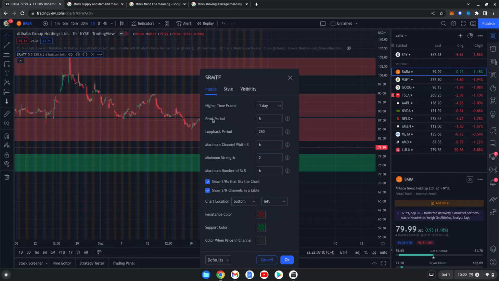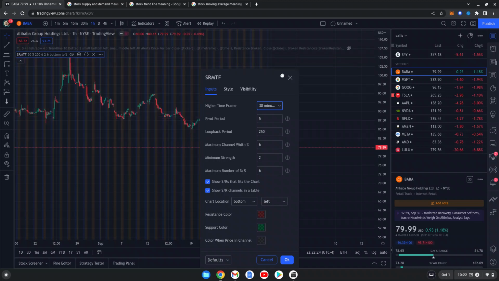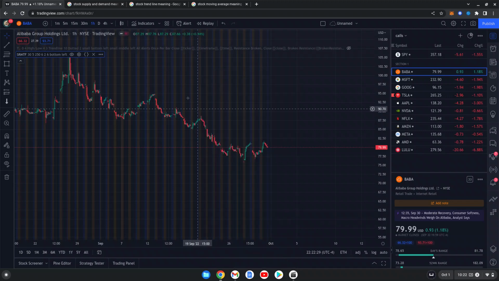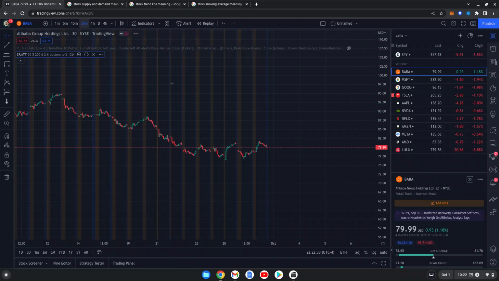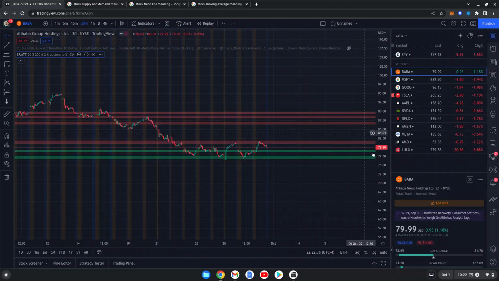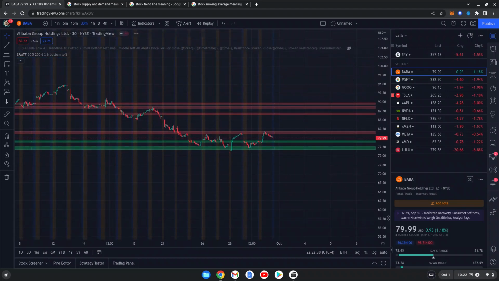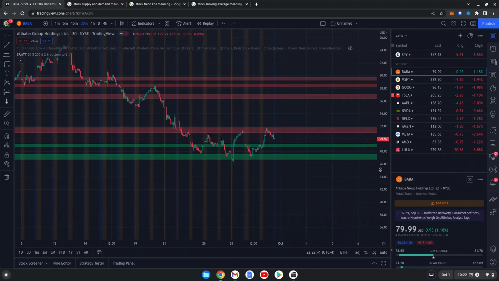And when I go to inputs, this is where it is up to you. Whichever one you think is best for you, I would play around with it. But for the time frame, when I'm day trading, I have found the 30 minutes to be the easiest for me. So when you are on the 30-minute, your time frame here has to be 30 minutes or less for it to show. So now that we see these levels,